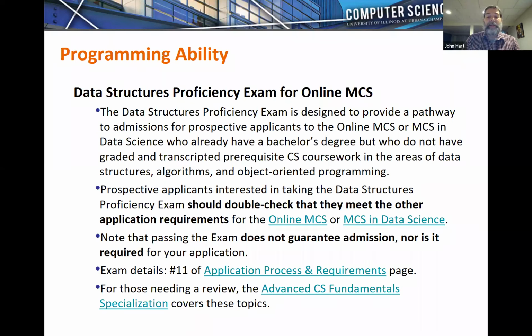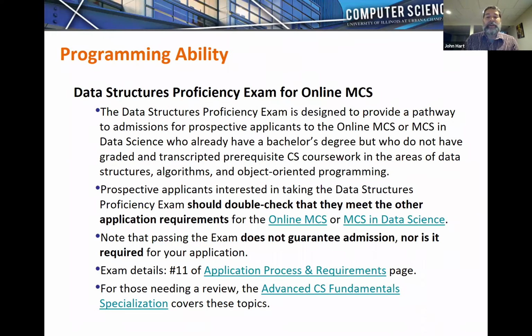And we will look at that proficiency exam and adequate performance in that proficiency exam at the level of B+ or better as completing the prerequisite of data structures for the program. Data structures also includes algorithms and object-oriented programming, but you'd still need some background in programming and in linear algebra and statistics and probability.